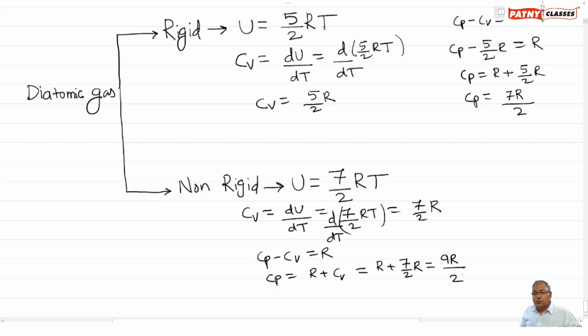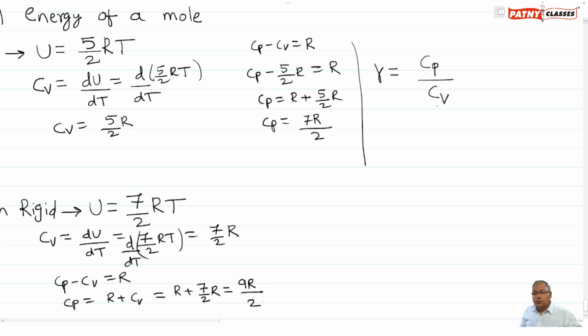Now we have to find out gamma for both cases, for rigid as well as for non-rigid, in case of a diatomic gas. Therefore, the ratio of specific heat for a diatomic gas, if the molecule is considered to be rigid, is Cp upon Cv equals 7R divided by 2 upon 5R divided by 2. 2 gets cancelled, R and R get cancelled. So the gamma value is 7 upon 5 for